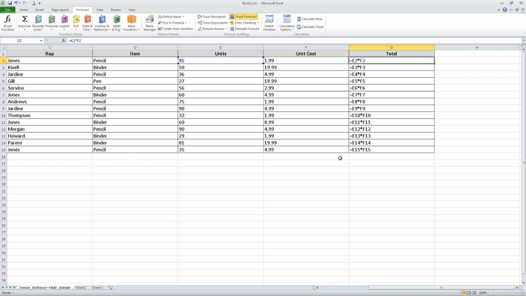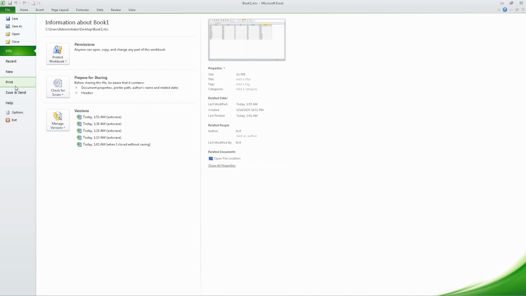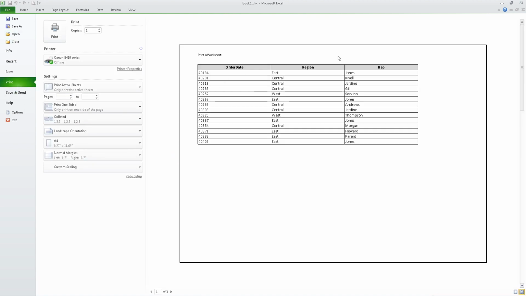After you show it, you can simply print it. For example, I go to File, Print, and this is my print preview. I check, and it will print the formula instead of the actual value. That is how you show the formula inside a worksheet, and also print the data